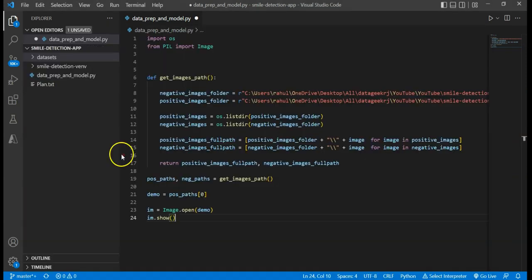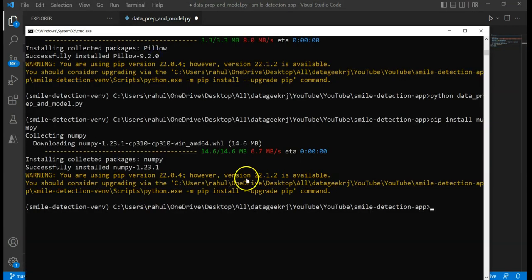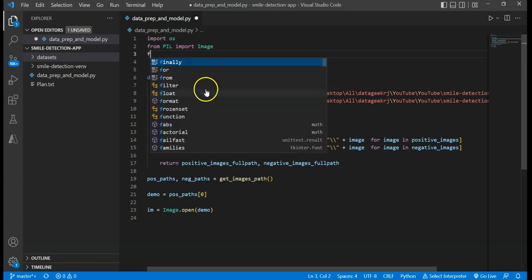It will probably take some time. Yeah, so meanwhile I'll just write the code that I wanted to write. So I'll say, yeah, it has been installed, I guess. Yeah, so I'll say import